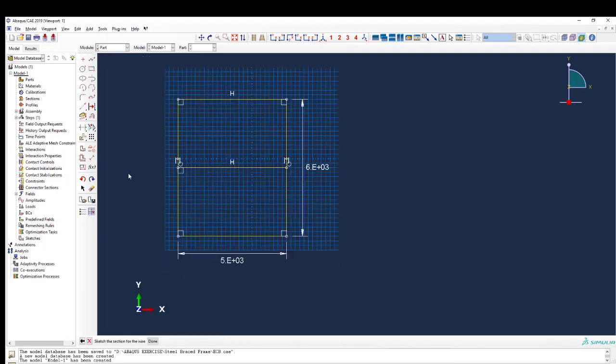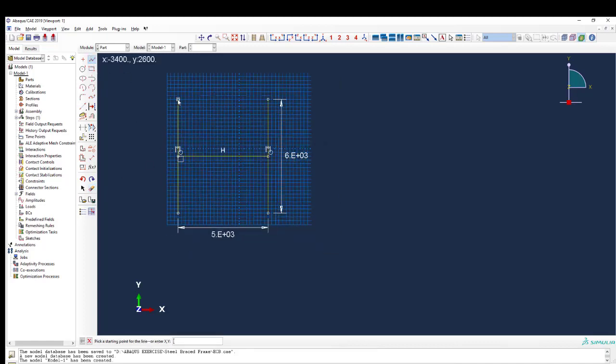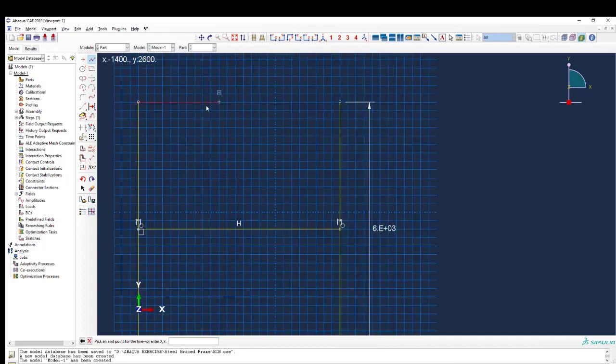Then I can delete this part. So this is our frame. Also, I can delete this also, and this beam, and I'm going to draw to here,